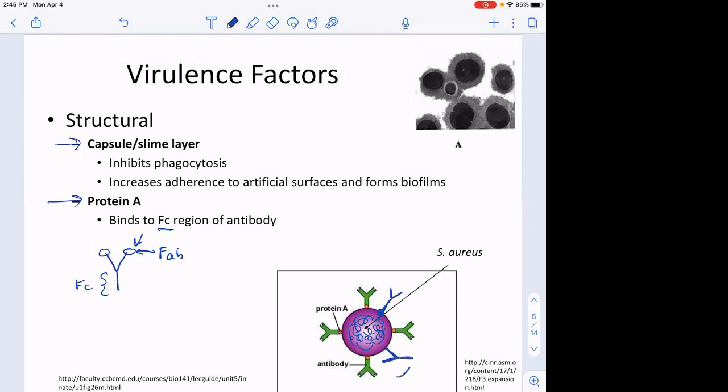Now a pseudopod might have a receptor for that and would be able to get a hold of that cell much more easily. So it's kind of like grabbing a snake by the back of the head, right? Then you're not going to get bit. You can grab it by the back of the head. So if you're grabbing it by that stem region, then